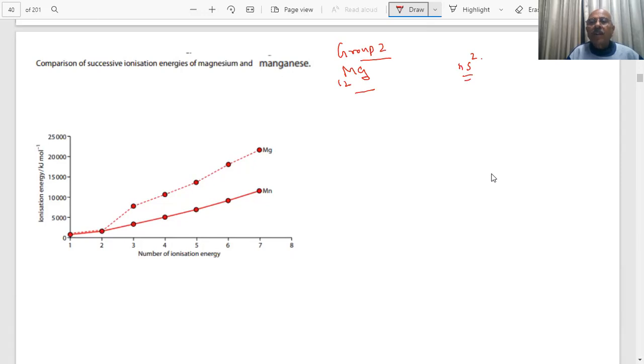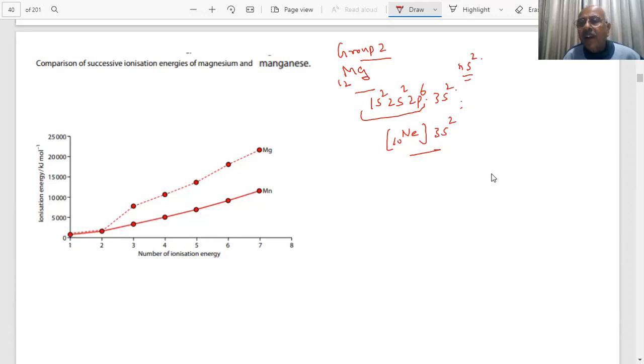So hydrogen, lithium, beryllium, magnesium is in the third period. So what does it have? 3s2, 2p6, 2s2, and 1s2. That is the configuration, right? Which will mean what? This is neon, an inert gas, with 10 electrons, and then 3s2.